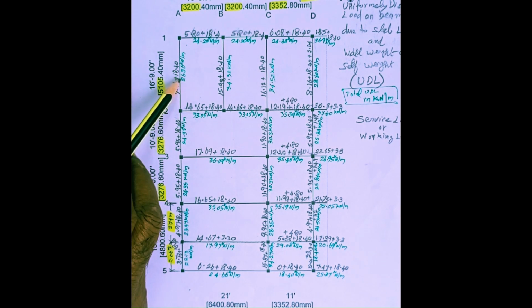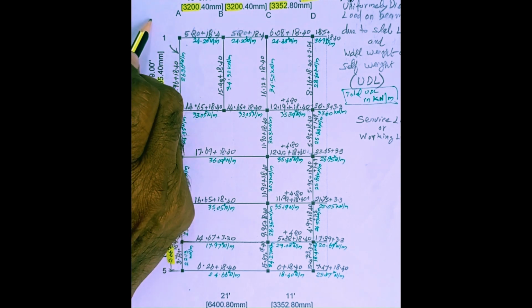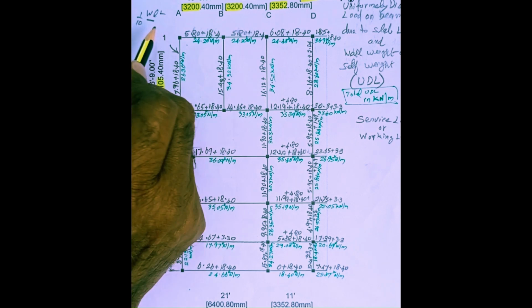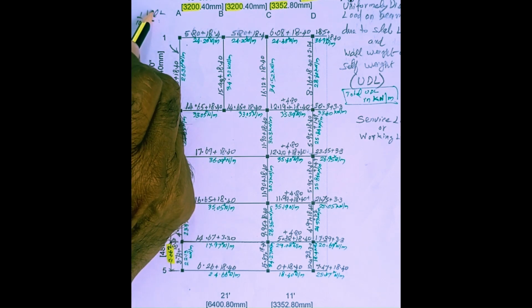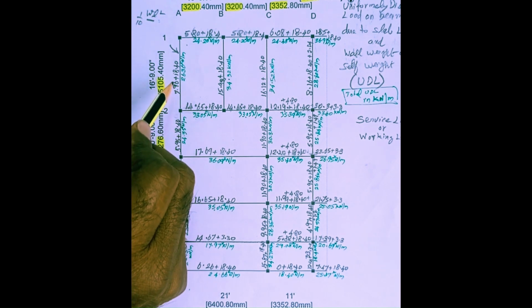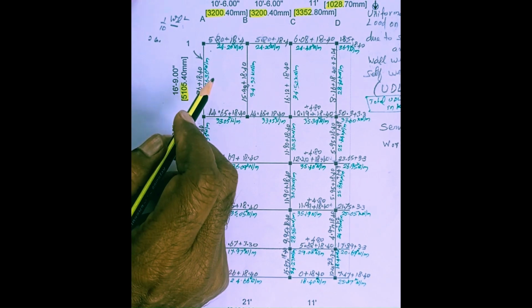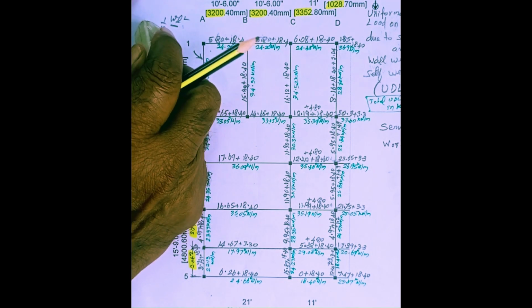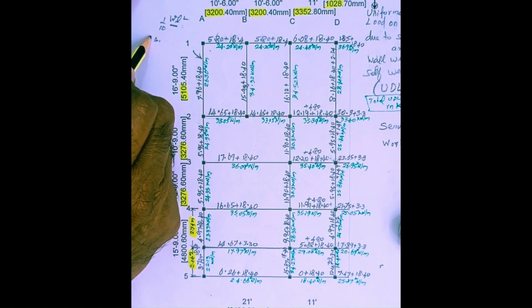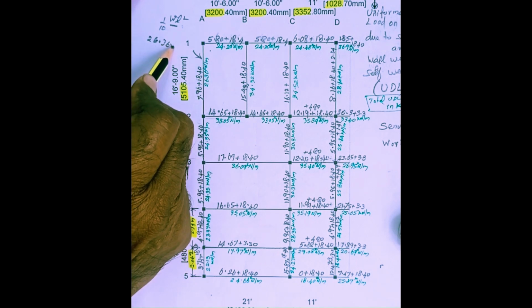For this beam, 1 by 10 WL square equals what? W means unit weight. This is small w, this is not capital W. It is 26.36 into L equals